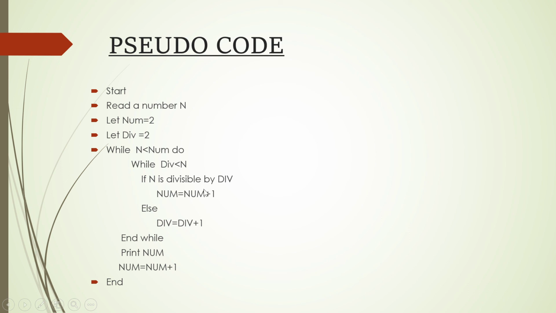ठीक है, अगर num से डिविजिबल हो जा रहा है तो हमें क्या करना है, num को एक नंबर से इंक्रीज कर देना है। और अगर ये डिविजिबल नहीं होगा तो हमको बार बार वो चेक करवाना पड़ेगा। तो हम div को एक नंबर से इंक्रीज करेंगे, तो div equals to div plus 1 जब हो जाएगा। और उसके बाद हम while लूप को एंड कर देंगे, और फिर जो नंबर होगा उसे प्रिंट कर देंगे, और नंबर को num plus 1 मतलब एक नंबर से इंक्रीज कर देंगे, और ये जो प्रोग्राम है इसको हम एंड कर देंगे।